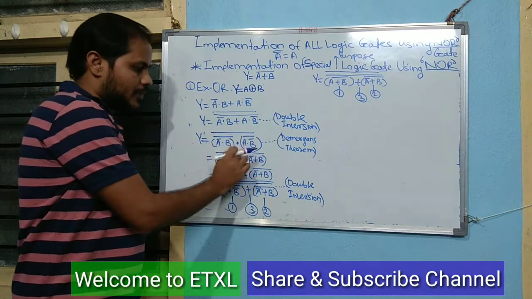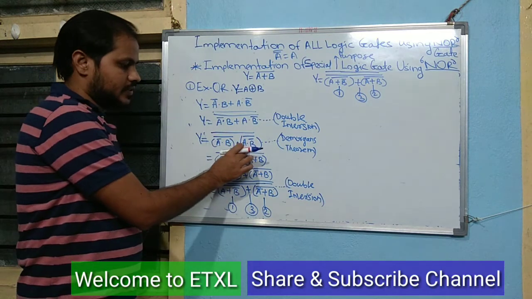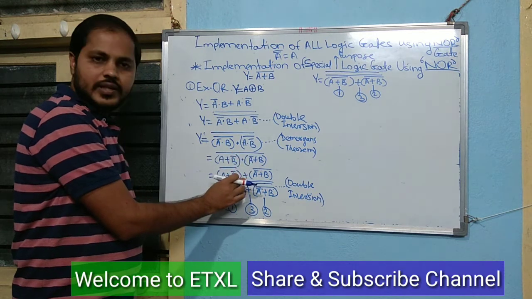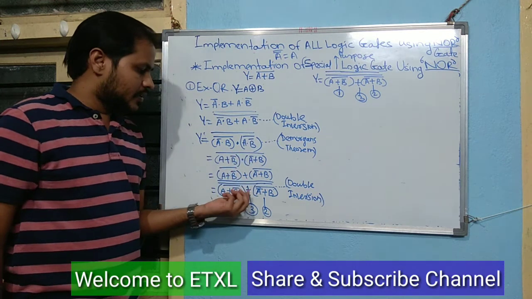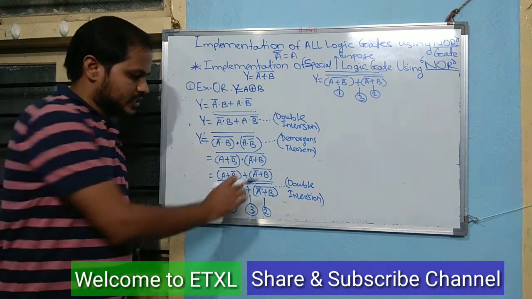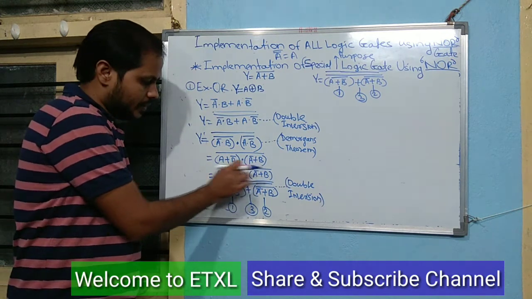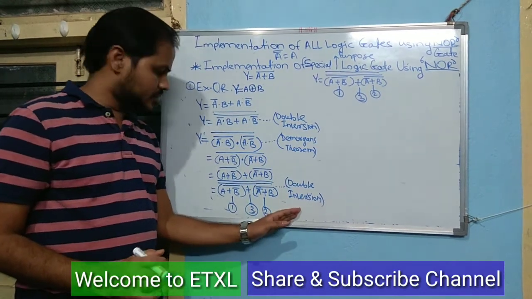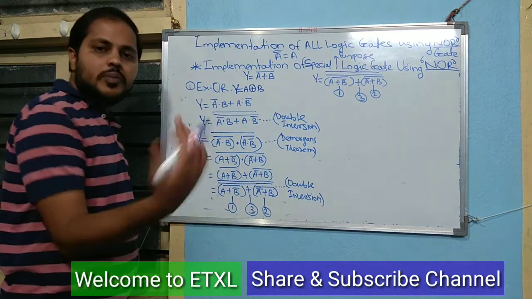Okay. Applying complement inside these equations, you are getting this equation. Again applying De Morgan's theorem, you are getting an equation like this. And finally, here is that particular equation, but this is not a proper NOR equation because the whole complement is not there. That's why I am applying the double inversion law again, and then defining the number of NOR gates.